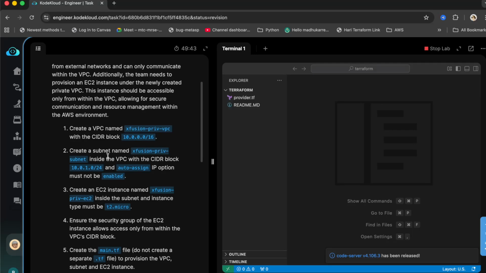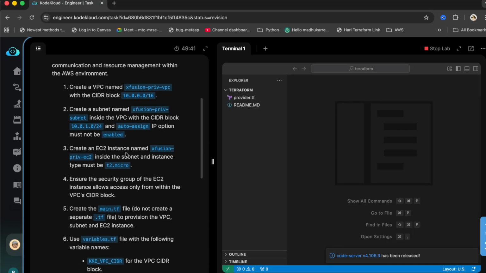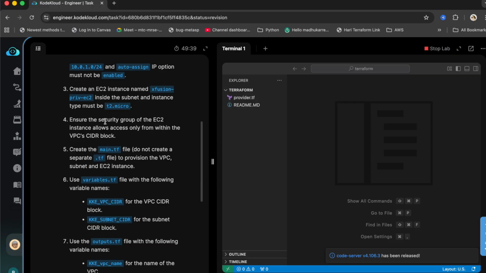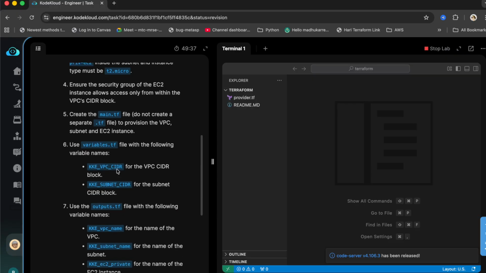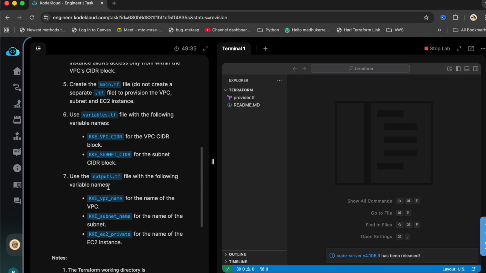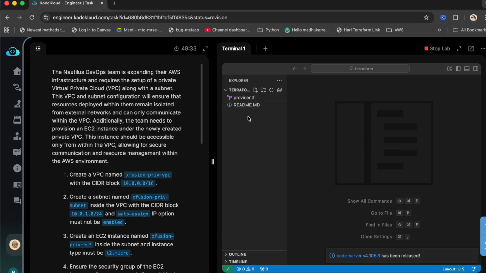To create a VPC, a subnet, and then an EC2 machine and a security group as well. And then we're gonna use these variables and outputs as well. So let's jump in. We need to create main.tf file,